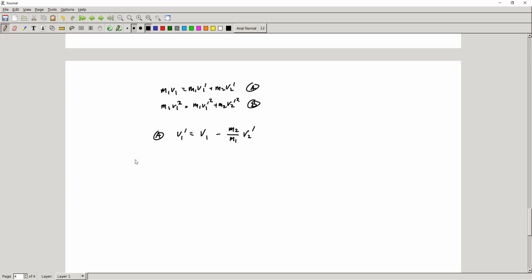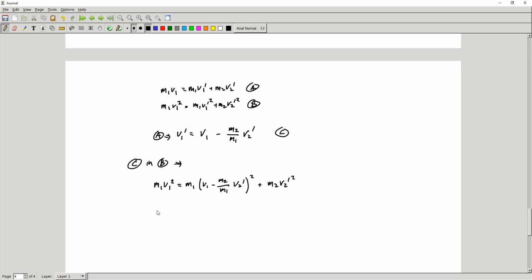So we have a V1 prime here, and we can just substitute it back in there. So let's do that. We'll call this C. So C in B gives us what? Well, we end up with M1 V1 squared equals M1, and now this is the squaring of our new term. So we have V1 minus M2 over M1 V2 prime squared plus M2 V2 prime squared, right? And so to clean this up, I'm just going to divide through by an M1, and